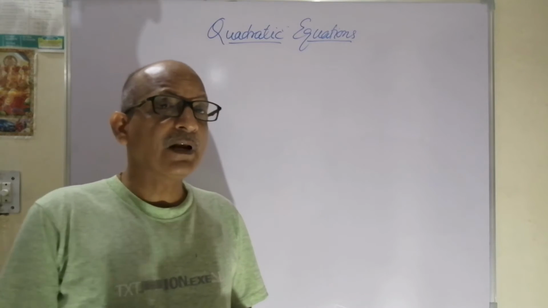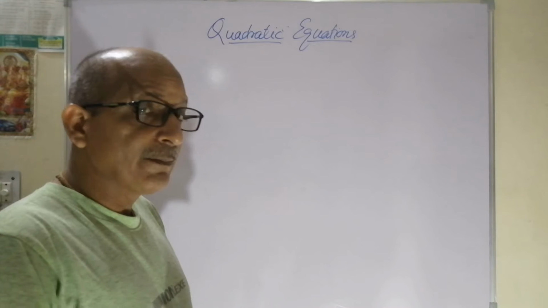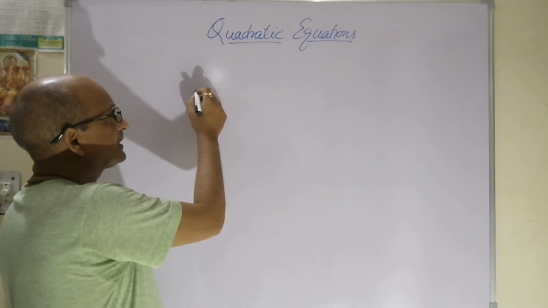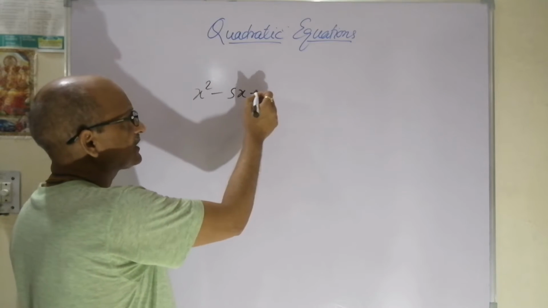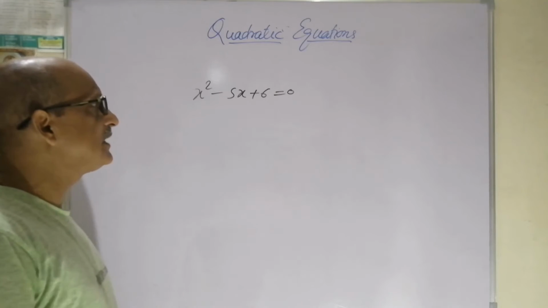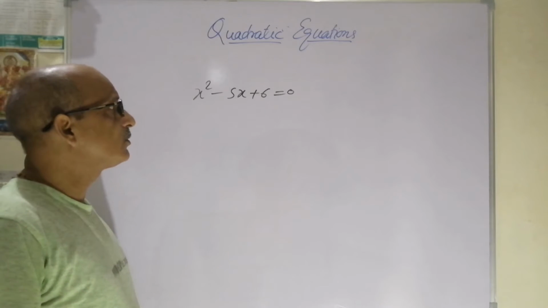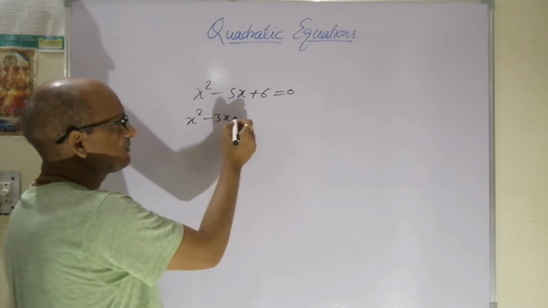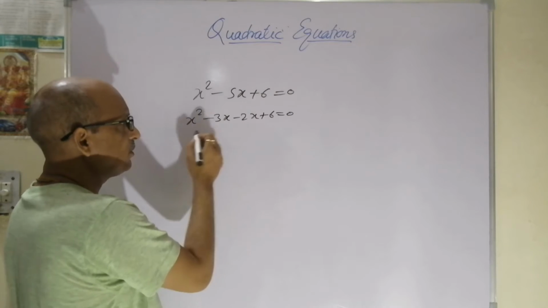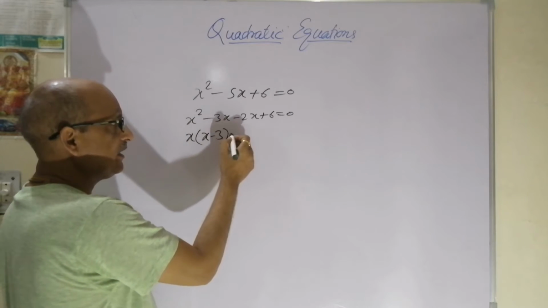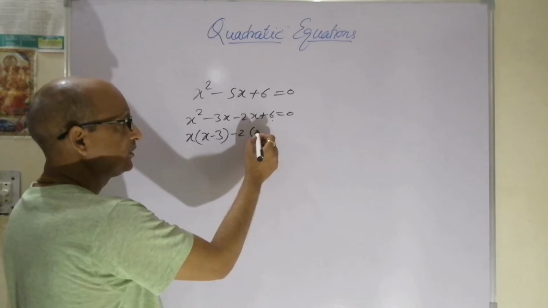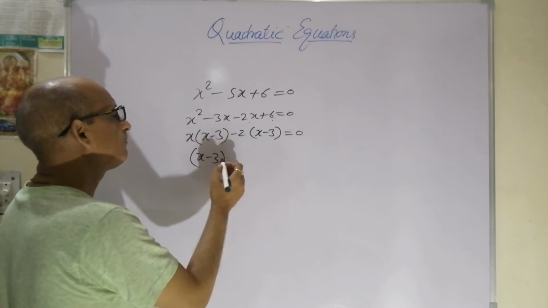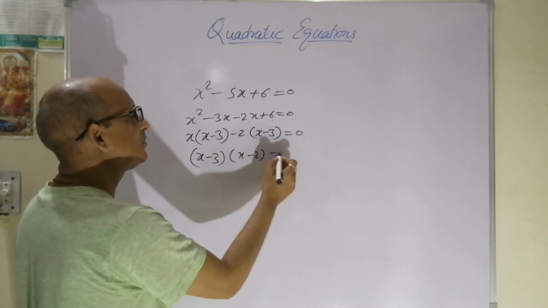Now I think we have learned how to find the zeros of a polynomial. Let's see how to find the roots of a quadratic equation. Say it is x square minus 5x plus 6 is equal to 0. We want to find its roots. Nothing to do, we just factorize it. So x square minus 3x minus 2x plus 6 is 0. Taking x common, x minus 3; minus 2 can be taken common from these both. So again x minus 3, and x minus 3 in bracket is finally common, and x minus 2 is equal to 0.